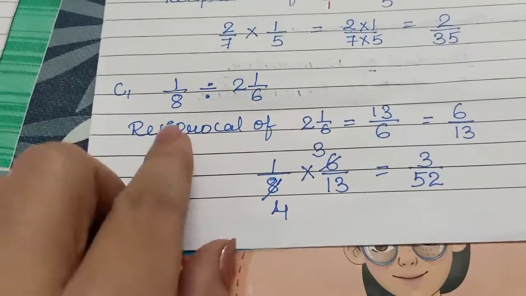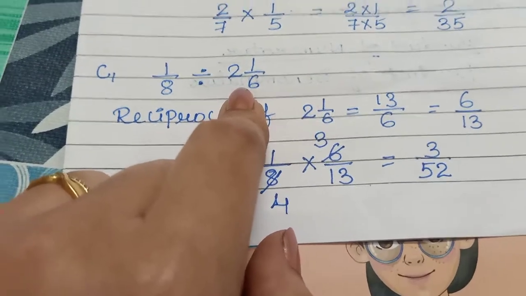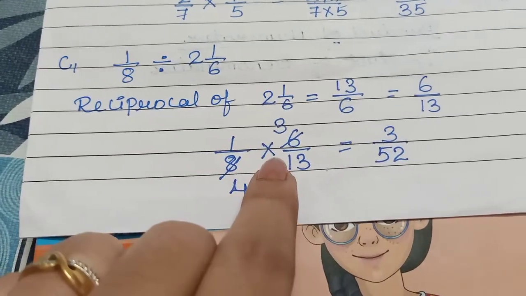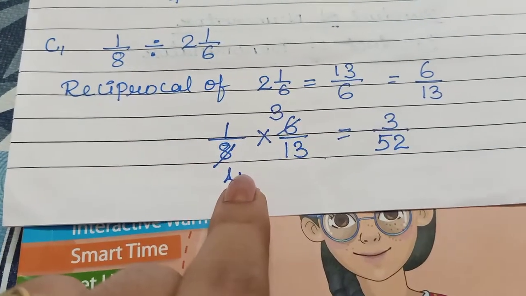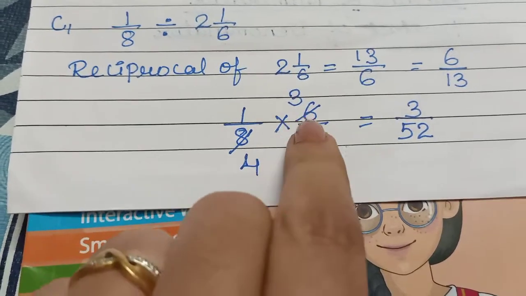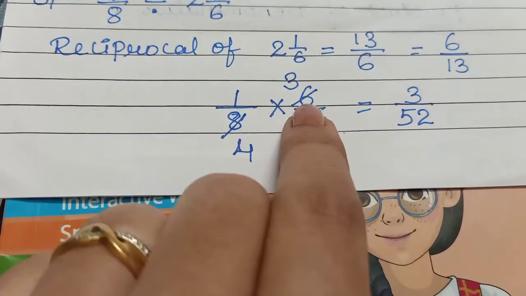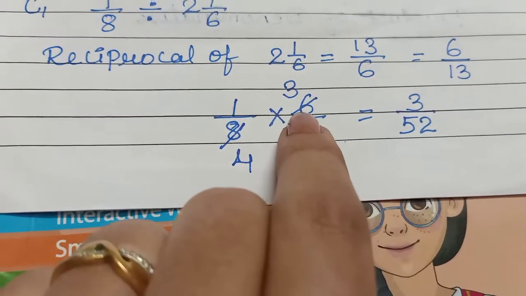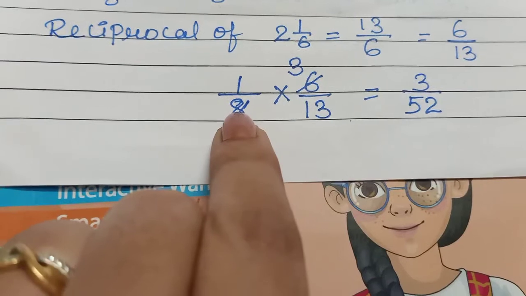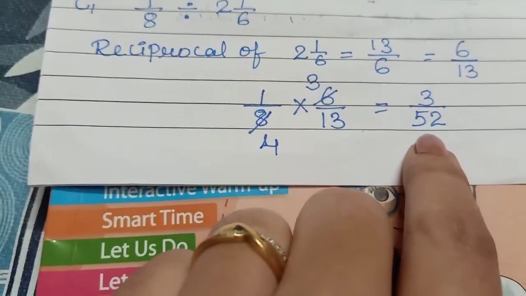Now what about the third one? Same here, the only difference is that we have a mixed fraction, but we have already seen how to take the reciprocal of a mixed fraction: convert into an improper fraction, take the reciprocal, and then multiply with the first fraction, that is 1 upon 8. Here you can see I have cut it, cancellation we have already learned in multiplication. If it is possible to cancel the numerator with the denominator or the denominator with the numerator, we have to cancel it. As you can see, in 2's table we get 6 also, we get 8 also. So 2 3's are 6 and 2 4's are 8. So 1 into 3 you will get 3, 4 into 13 is equal to 52.